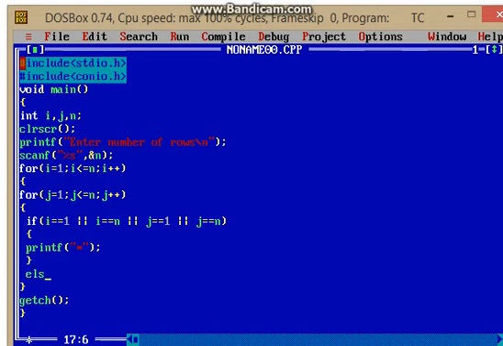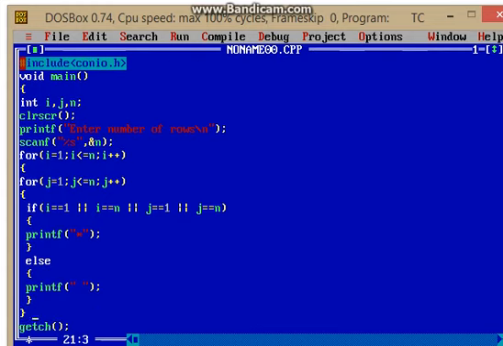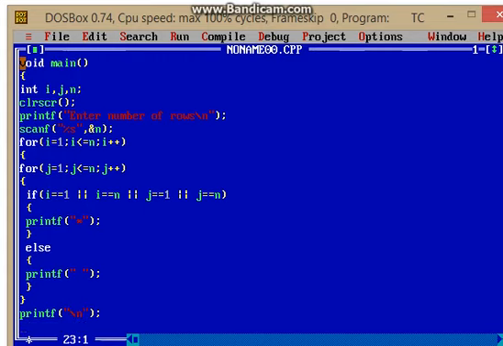And else, if this condition is not satisfied, then print what? Only space, and close the else condition. Here we have closed this loop, then change the line and close this bigger loop.